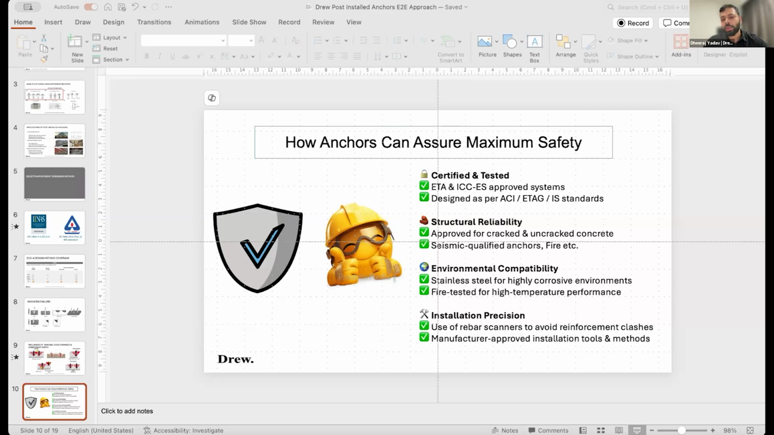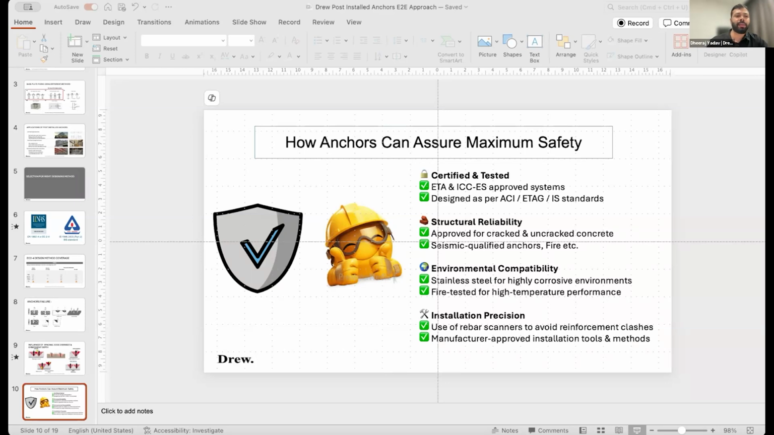Parallel to this, then we also look into the environment compatibility. So we need to select an anchor which provides the highest corrosion resistance, highest performance at high temperatures, and then comes the last parameter depending upon the installation processes. Like in very thin thickness of concrete, basically we try to proceed ahead with anchors which will not damage the concrete surface. So likewise, there are these parameters which have to be considered by ensuring the maximum safety and